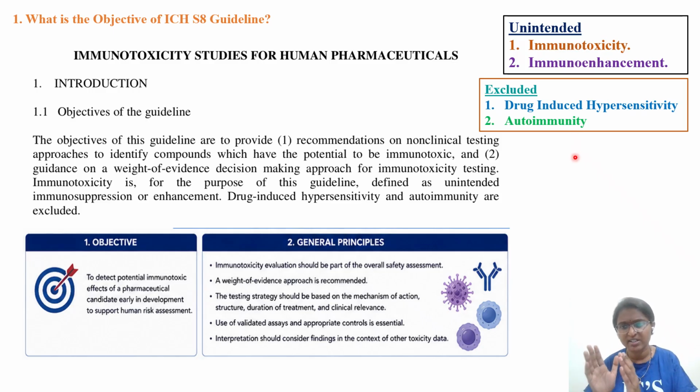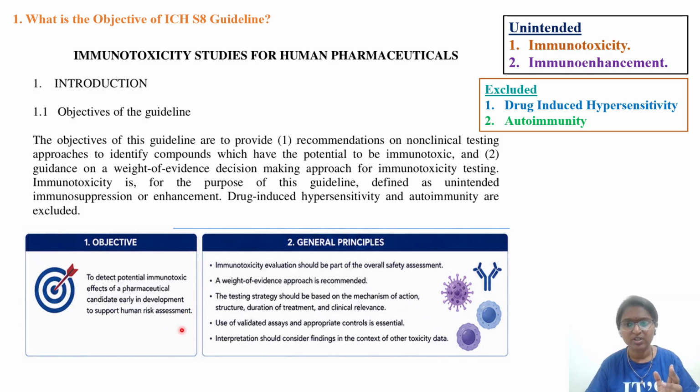We have separate guidelines for understanding those. So drugs which are triggering autoimmunity or which are causing hypersensitivity reactions, like beta-lactam antibiotics, penicillins, we have separate guidelines for those categories of chemicals. Okay, the objective is to identify potential immunotoxic effects of a pharmaceutical candidate early in drug development to support the human